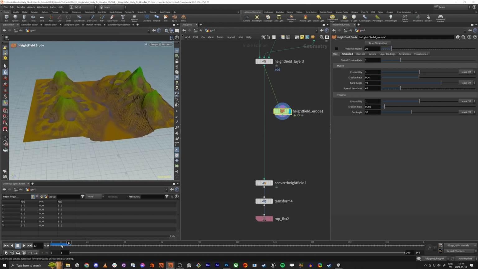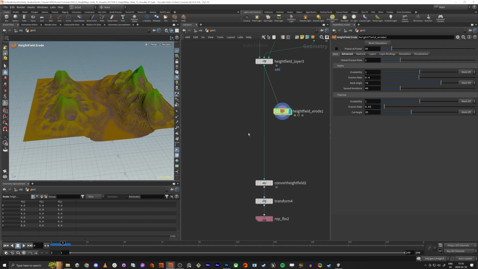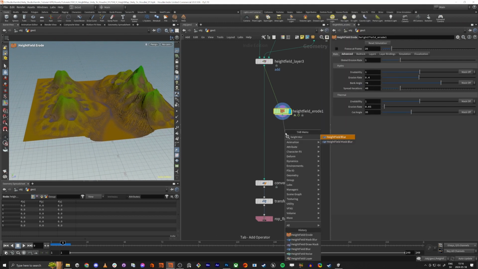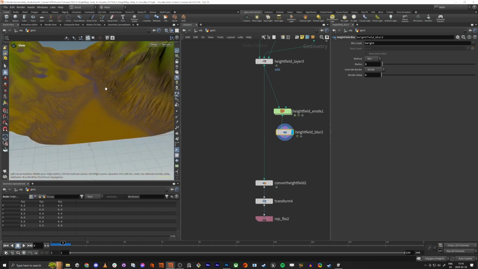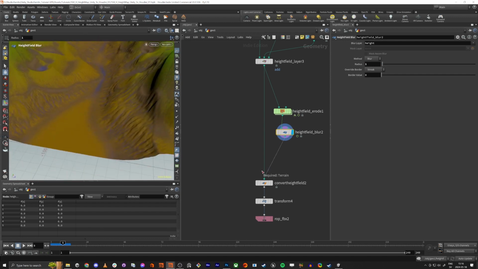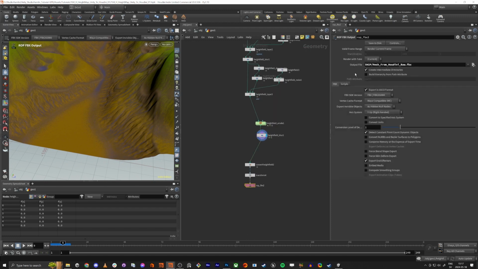So I'm just going to do a little bit, and I'm actually going to do a height field blur. So not the mask blur, but a height field blur. And I'm just going to do radius 1 to just have a little bit, and we do it in here. So now, if you do, save this one as edited,